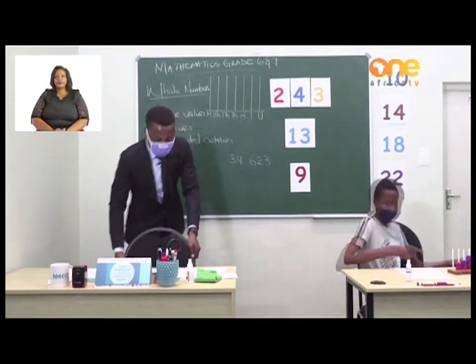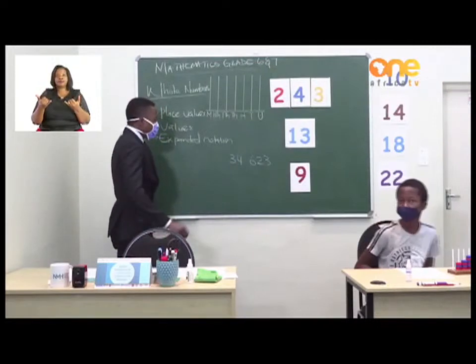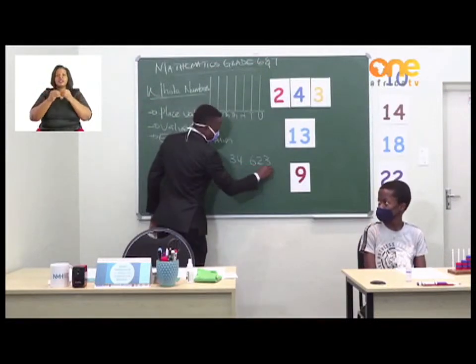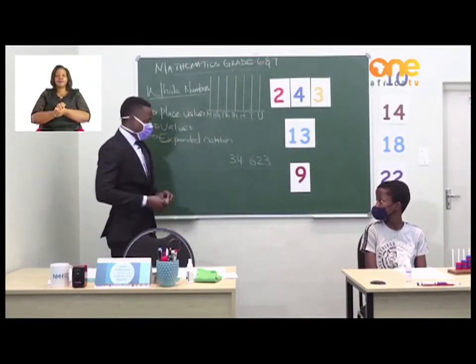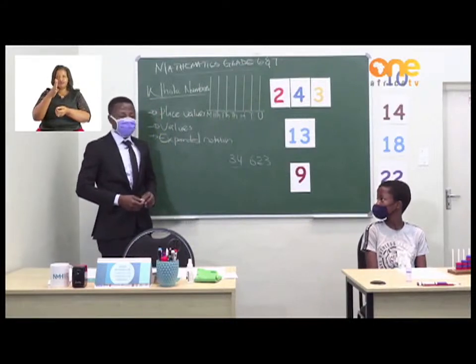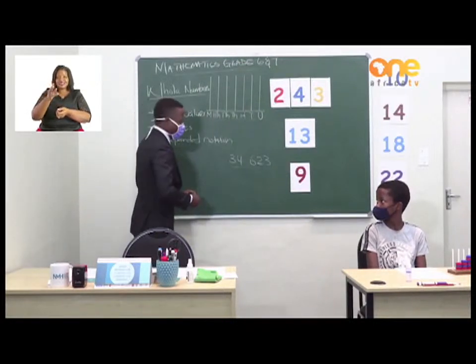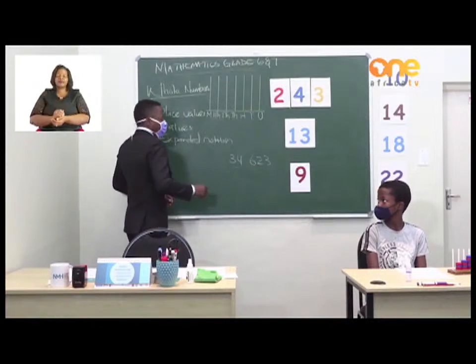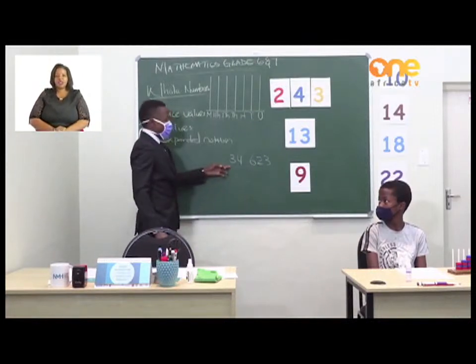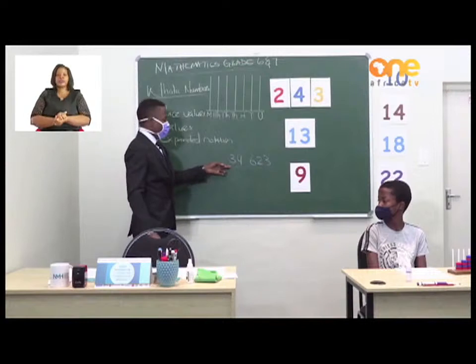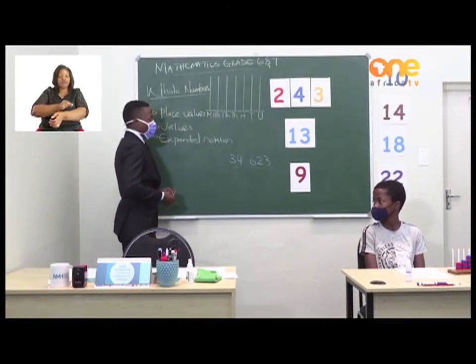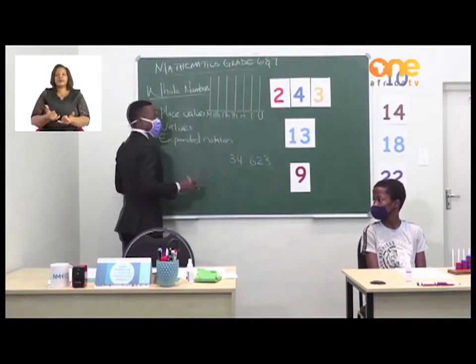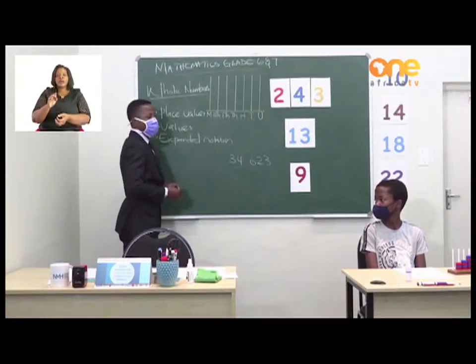Coming to the chalkboard, the number you can see here is 34,623. So this is the number which appeared on that abacus we are just showing now. And if we are to put this number on an abacus which is drawn,